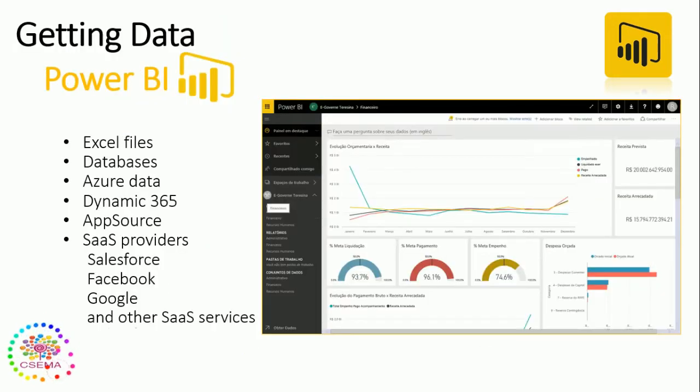So look at the sources that can be either structured data, but it can also be coming from different sources like Facebook, Salesforce, and Google Analytics and other SaaS services.